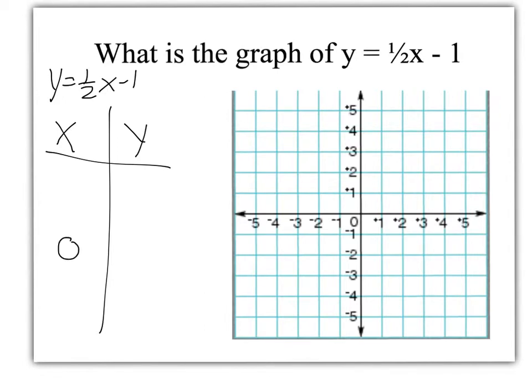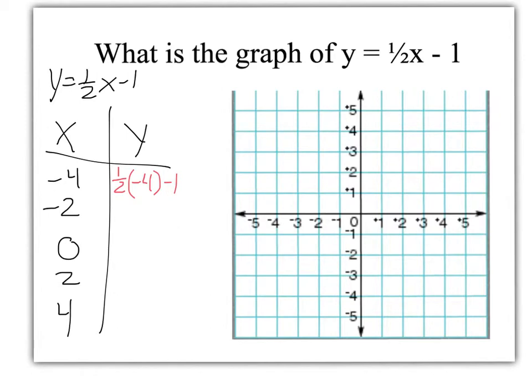So we definitely want to have 0. And we definitely want to have some above it and below it. So this time let's go with -2 and -4, and then +2 and +4. That just means when we multiply by 1/2, we're going to get whole numbers instead of decimals, but it really doesn't matter. So we're going to take 1/2 times our x value, which is -4,